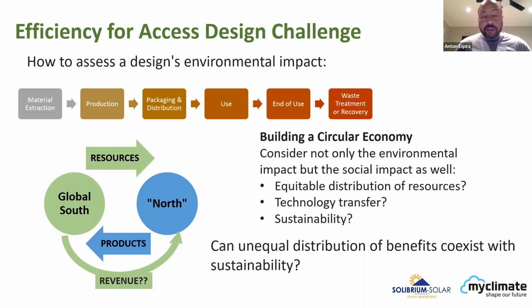So right now, the model is pretty simple. Most solar products are manufactured in developed nations and exported to the global south, particularly in the case of Africa. That, of course, helps with reducing emissions. People don't join the grid. But one of the key questions is how much revenue actually goes from the global south back to the north, to the manufacturers and so on. I think at the beginning of this session, it was mentioned that Dozie is creating some innovative new products locally in Nigeria. So that's a really important point.